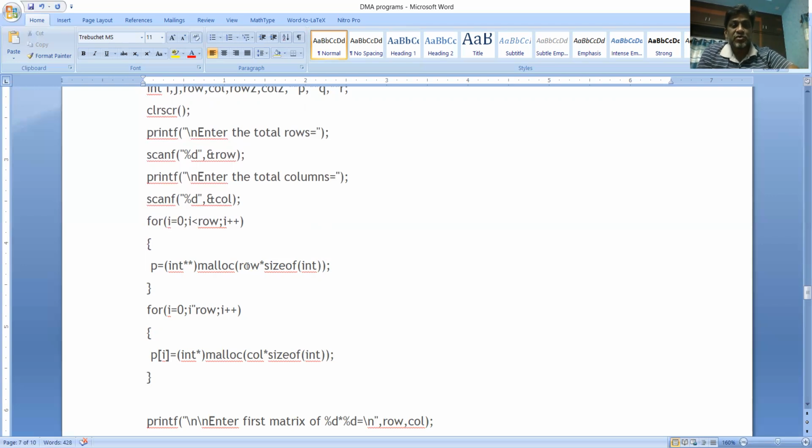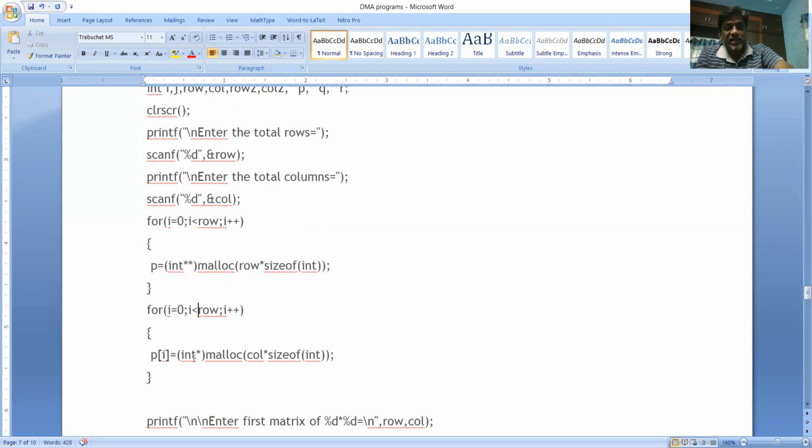That means each row is a 1D array which stores the values. So for that we have created an array of pointers the same as the row size. Now we need to create memory locations for storing the values. How many rows are there? For i equal to 0, i less than row, i plus plus. Each row, that is P of i, refers to each row of the matrix.